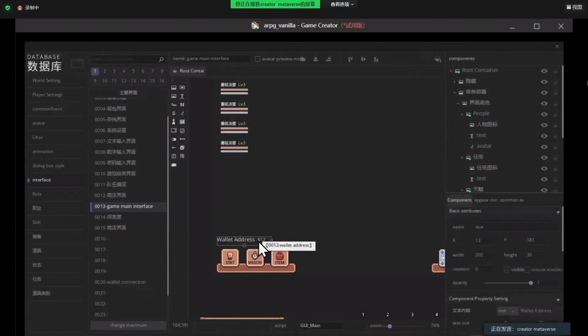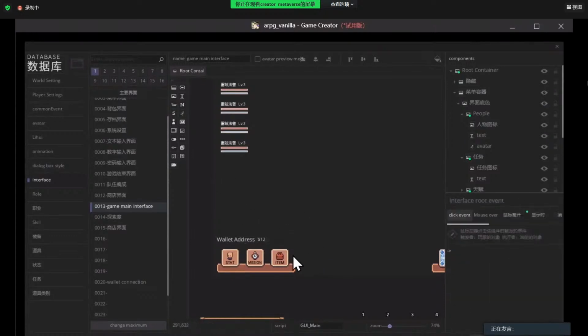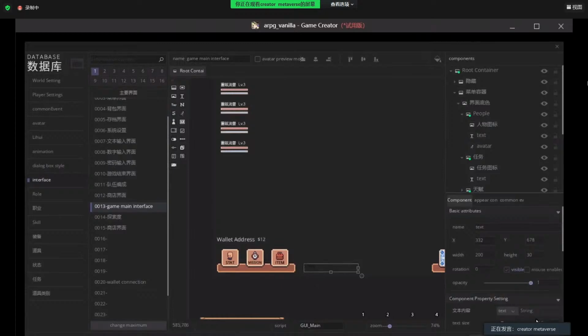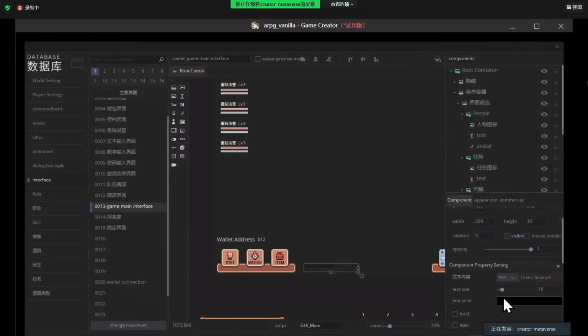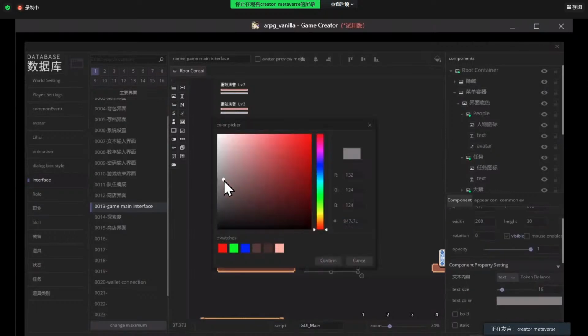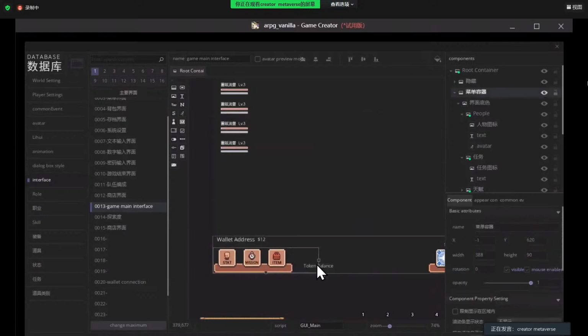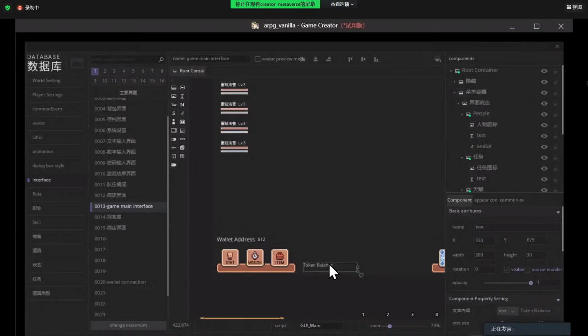And we also would like to have the balance in it. So here, say token balance. And text color, make it easier to read. White. Oops. Undo. Okay.